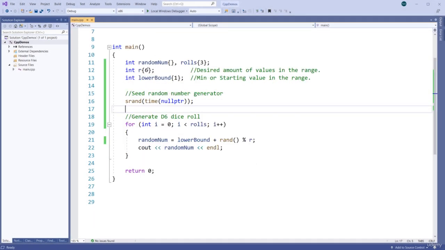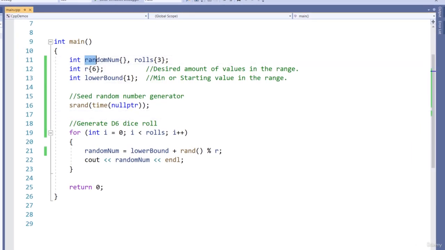So in the main function, we can see we have the random num variable again. Also a variable called rolls that I set to 3. And this is set to how many dice rolls we want. So in this case, I just want 3 dice rolls. So if we go and do the for loop, we only get 3 dice rolls with each run of the